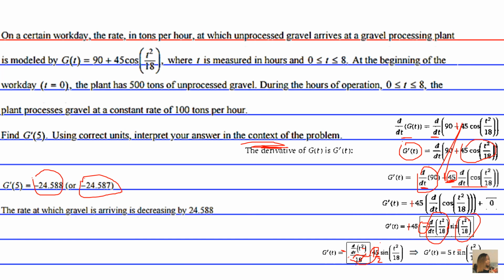Okay, so what does this mean in the context of the problem? It means that the rate at which the gravel is arriving is decreasing at a rate of 24.588 tons per hour at time t equals 5 hours. So the instantaneous rate of decrease in the arrival of gravel at 5 hours is